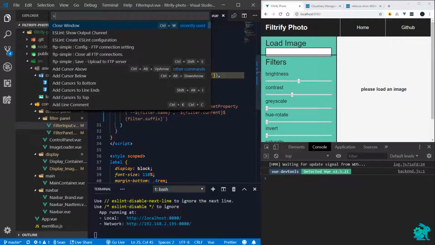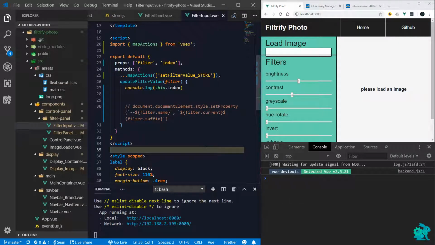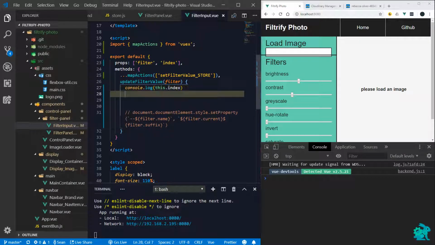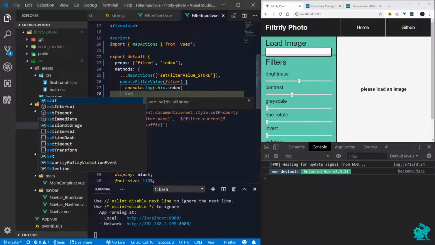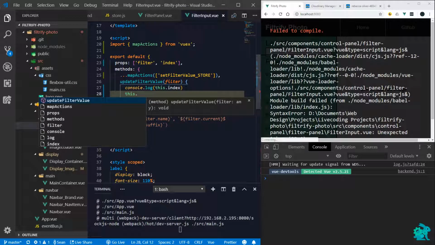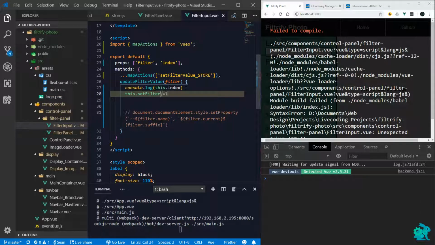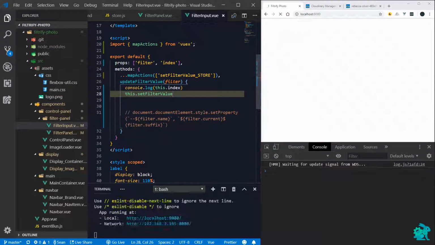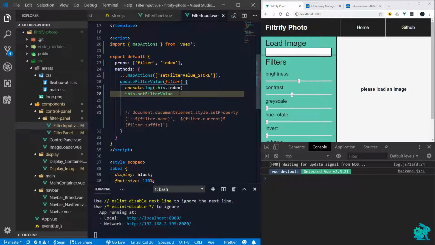And let's see. Now if we are to call that, so if we say this dot set filter value, because we'll call it just like it were a method now on our Vue instance. That's what the map actions helper function does. And we can call that and pass in